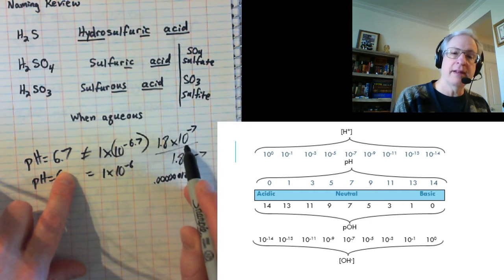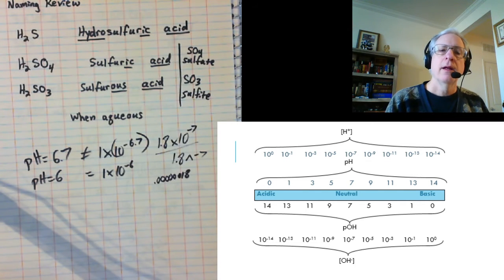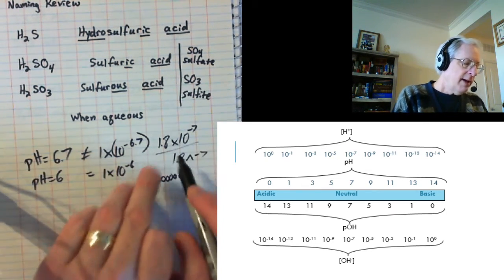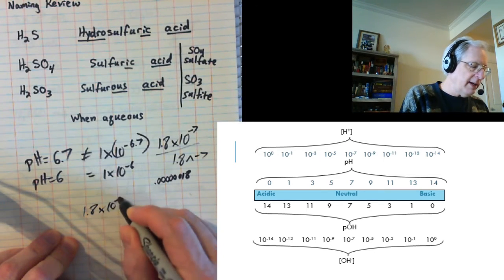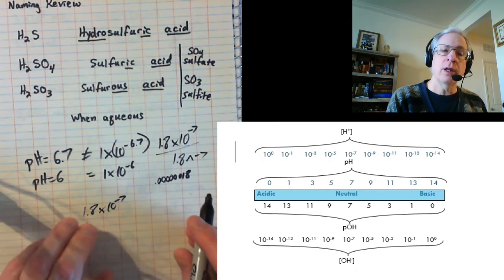This would be the answer on the test in the multiple choice, not 10 to the negative 6.7. Okay? But if I give you a concentration, let's say that I tell you that the concentration is 1.8 times 10 to the negative 7, and I want you to give me the pH, what you would do in that case